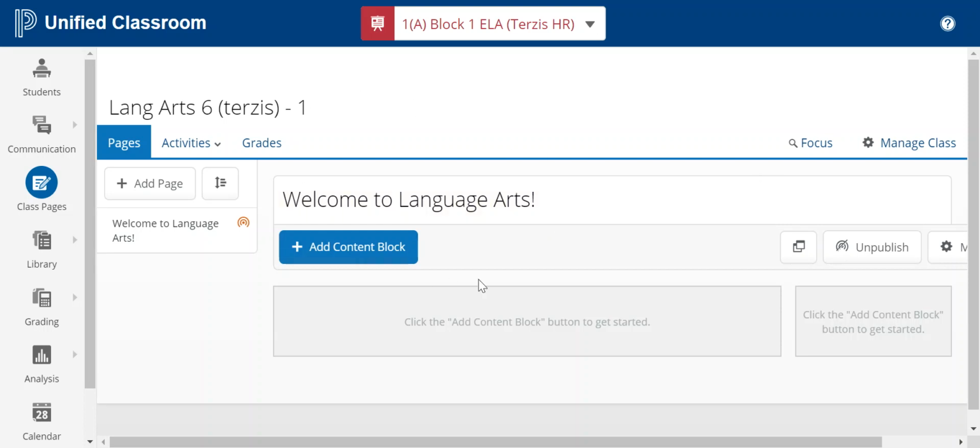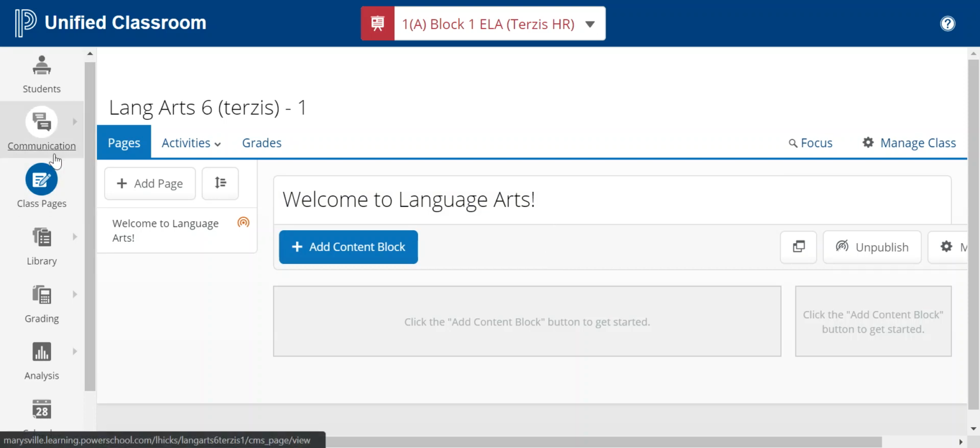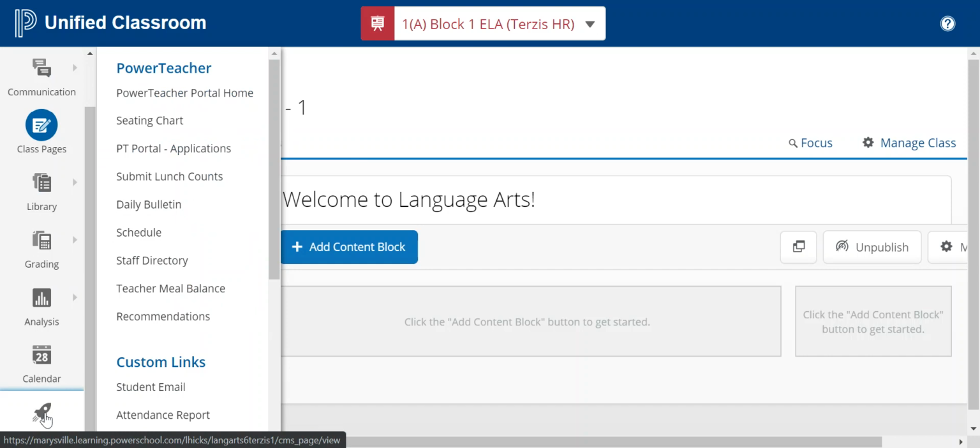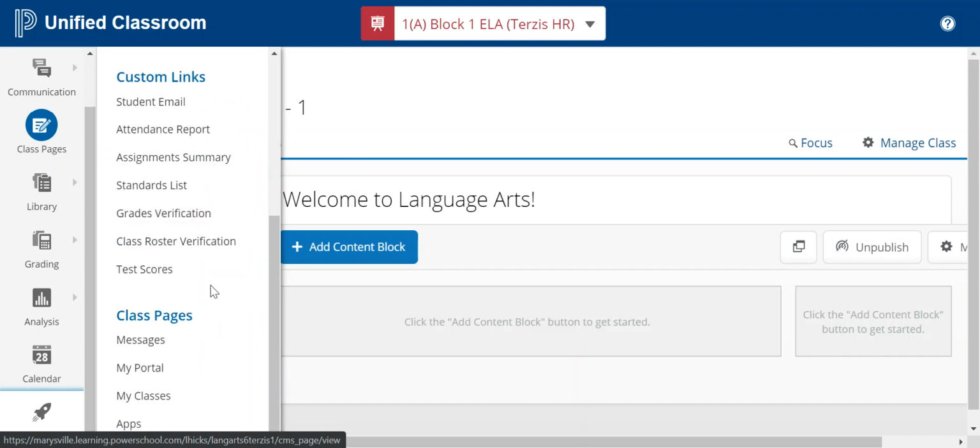This is an example class page. It doesn't have any information on it yet, and it is not linked at this point yet either. So what we're going to do is we are going to go down to our quick links, and we're going to start to create a master page that we are going to then link to all of our classes. So we're going to go to My Classes,